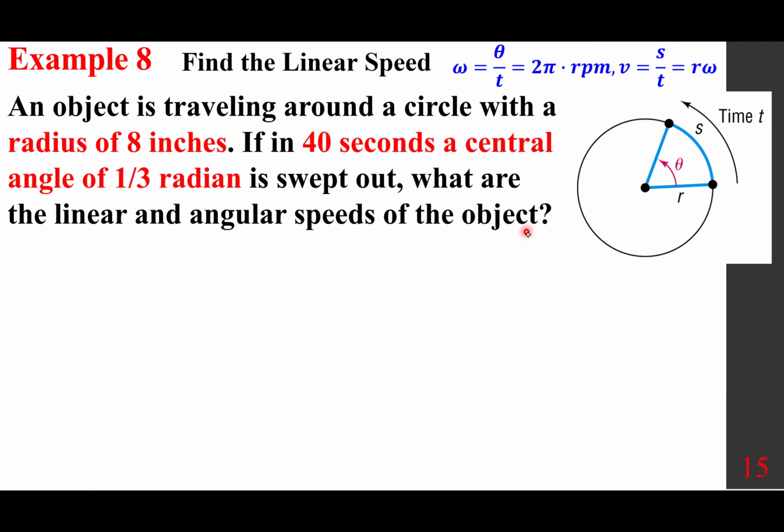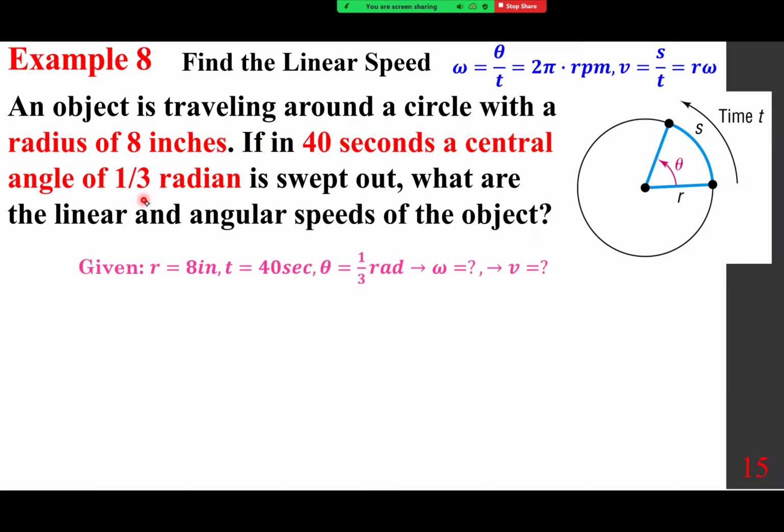You read the question. R is 8 inches. In 40 seconds, when t is 40, theta is 1/3 radians. We want omega and V. So basically write the given, translate the question,